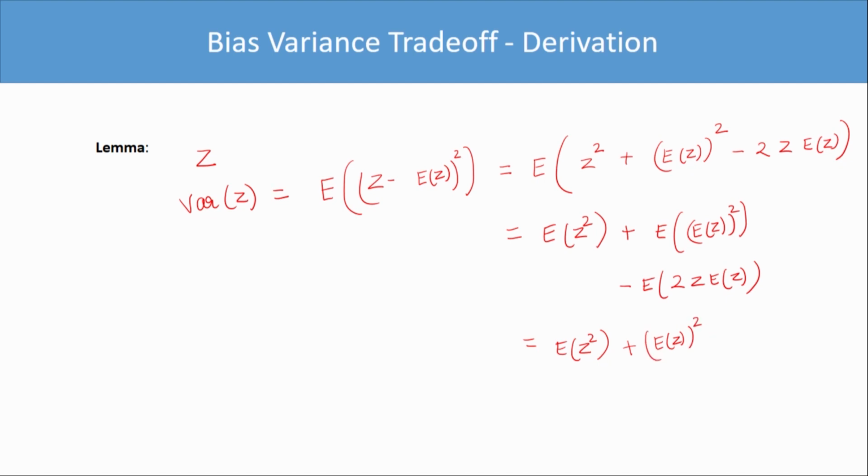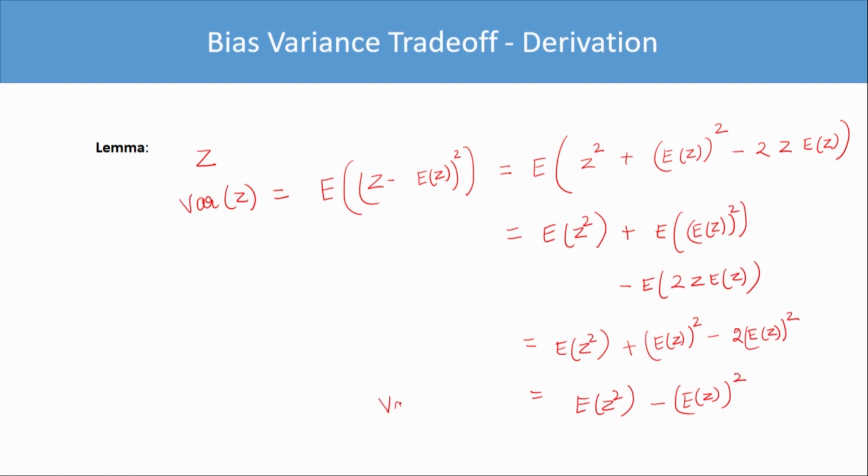And what about this? What are the deterministic terms here? Right, so 2 is a constant. E of z is a deterministic term. There is nothing random about it. So I can take those two outside. So this becomes 2 E of z times E of z, which is just E of z squared. So this guy is just E of z squared minus,